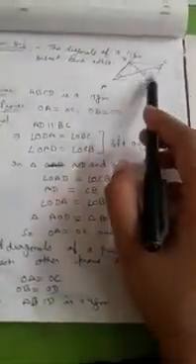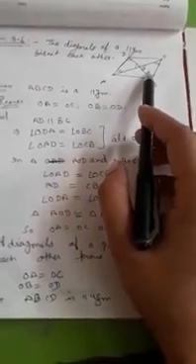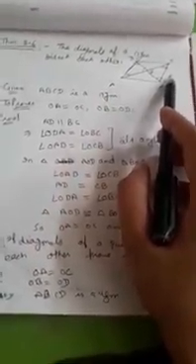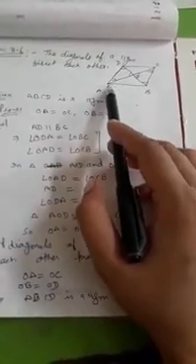Firstly, we proved these two triangles congruent by the angle side angle criterion, because these angles are equal, alternate interior, and AD is equal to BC, opposite sides of a parallelogram. So by angle side angle the triangles are congruent, and then by CPCT we can take OA is equal to OC, OD is equal to OB. It means O bisects the diagonals of the quadrilateral.